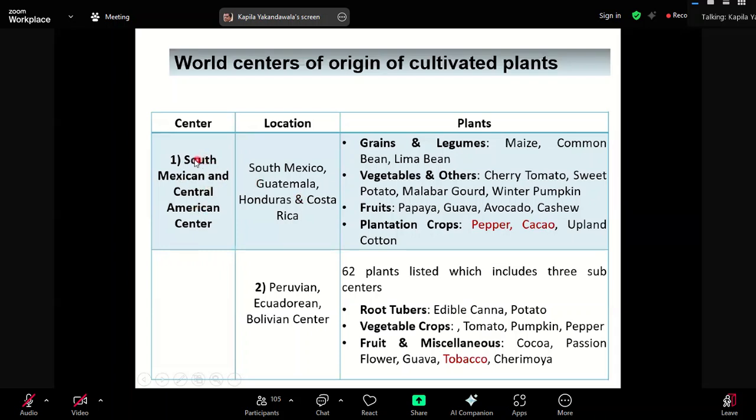So remember the name of the center, and these are the examples, right? Examples of grains and legumes, vegetables, fruits, plantation crops, root tubers, vegetables, fruit and miscellaneous. Examples are given, but you don't have to remember all the examples. Remember only the highlighted names: pepper and cocoa and tobacco, crops related to plantations, right? Remember only these names: